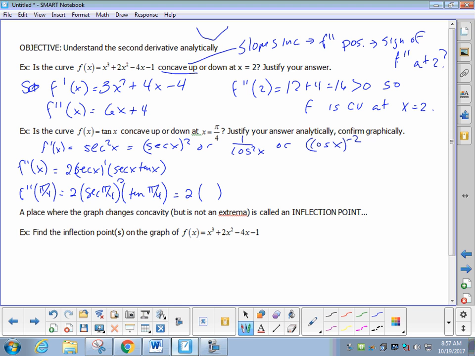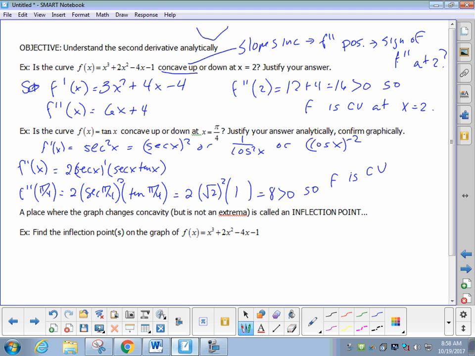What's the secant of pi over 4? 2 over root 2 or root 2. Either one's fine. Tangent of pi over 4? 1. Okay. So altogether then, the second derivative at pi over 4 is 8. Okay. So our conclusion is that the second derivative is positive, so the curve f is,